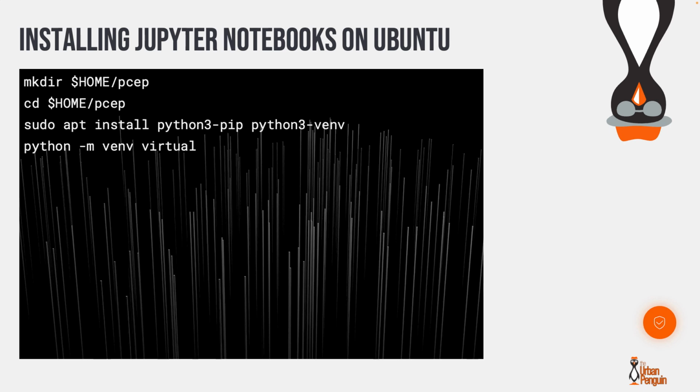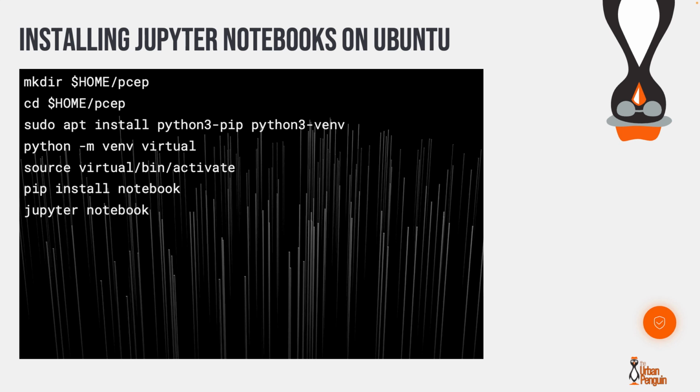With that done, we can then go through and create our virtual environment. But instead of running the script, we now source it in the Linux environment. So source, virtual, bin, and activate. With our virtual environment activated, we can install then our notebook. The notebook package will be installed, much as we saw within Windows, and we're then able to start our Jupyter Notebook. Again, the browser is going to open, and we're going to be able to work within that environment.